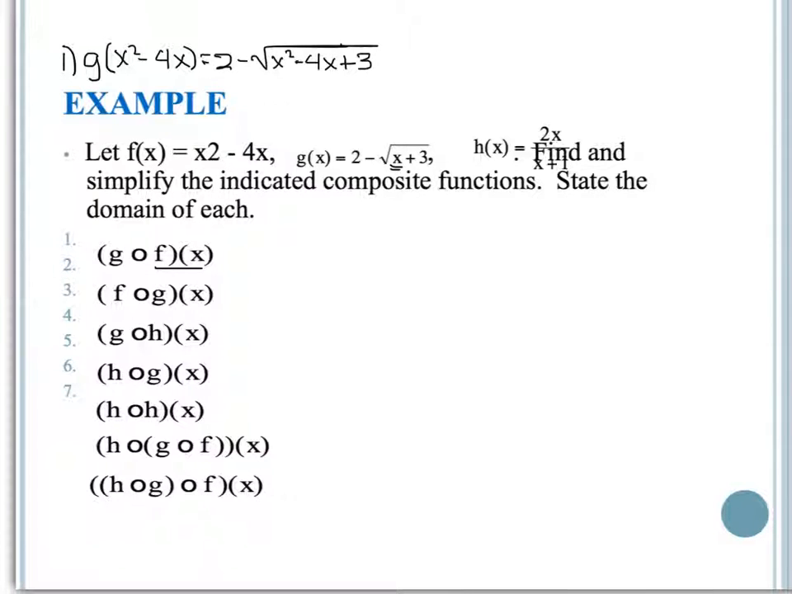And I take a look at what I have there. I don't need to square anything, I don't have a fraction with a fraction, so this is as simplified as I can make it, and that is g of f of x. So now I can move on to the second question here, which is asking me to find f of g. So I'm going to start with that square root business from the g function,